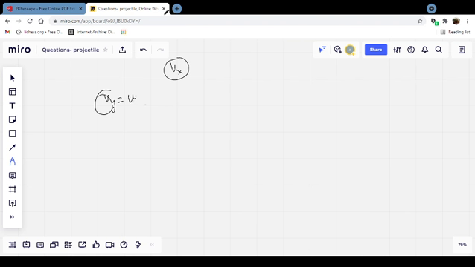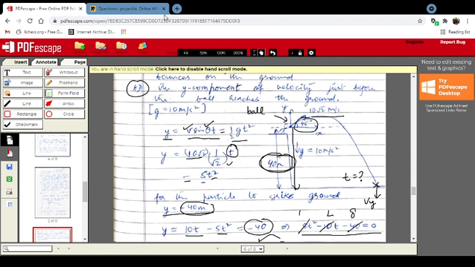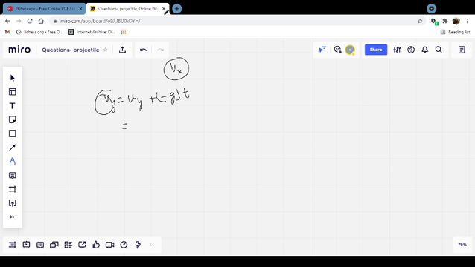So we write initial velocity in y direction plus acceleration in y direction, which is minus g, into t. The initial velocity in y direction is plus 10 meters per second, minus acceleration due to gravity g, which is 10, and the time taken to complete the motion is 4 seconds. So this comes out to be 10 minus 40, which is minus 30 meters per second